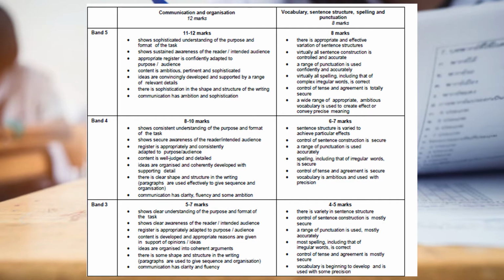As normal, let's take a quick look at the mark scheme. You've got your band 5 there, your highest grades, your grades 7, 8s and 9s would come from there. You've got your band 4, band 3 and then band 2 and 1 underneath that. You can see on one side it says communication and organisation, and on the other vocab, sentence structure, spelling and